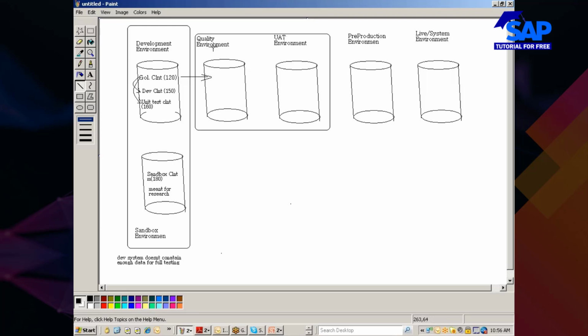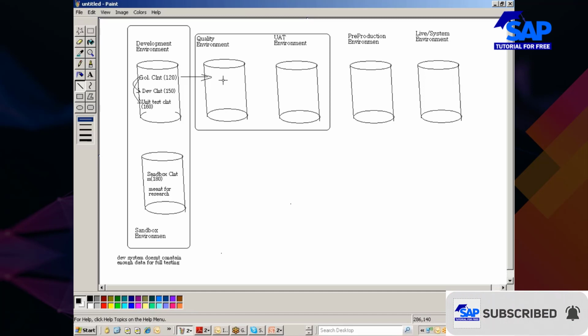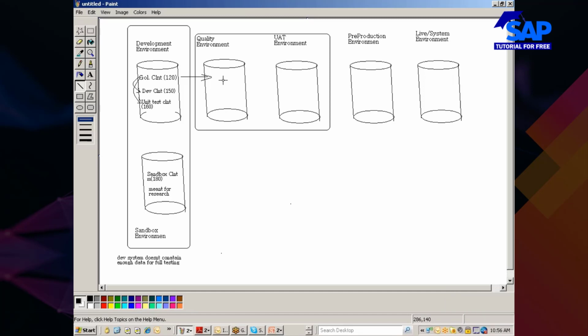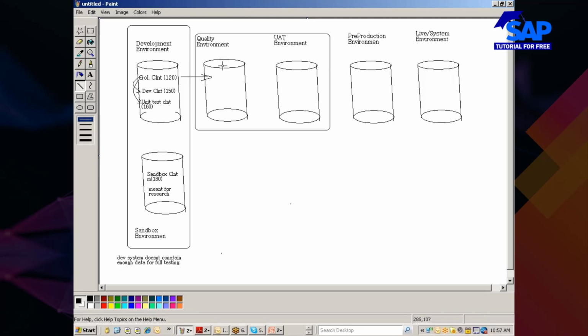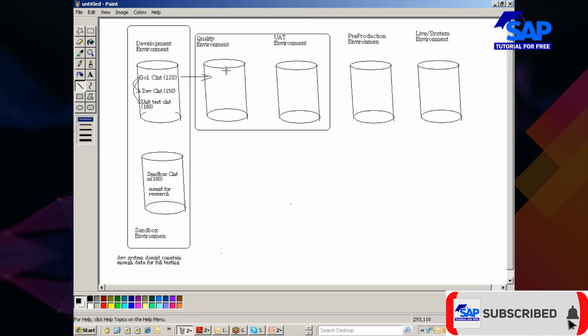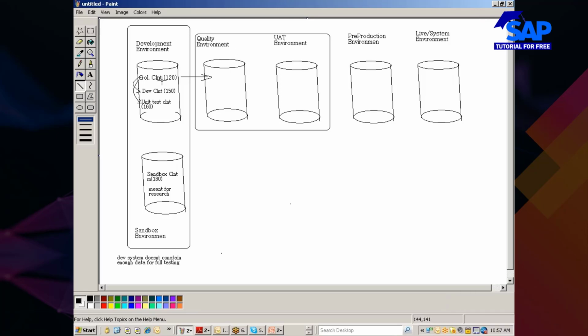The people who are working in the quality environment or the quality system are neither functional consultants nor end users. They are in between. Okay, they know a little bit of functionality from the end user perspective, and they also know bits and pieces of technical knowledge. So they will do character by character mapping kind of testing here in the quality assurance system, right? Once they test it, in case there is any problem, any issue, anything which is not as per the spec, if they identify it, they will get back to the functional consultant